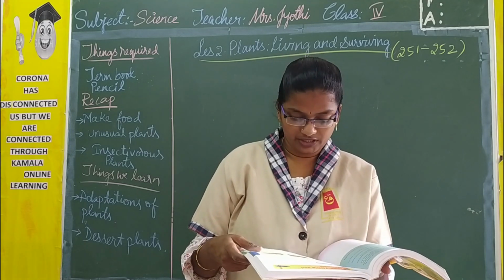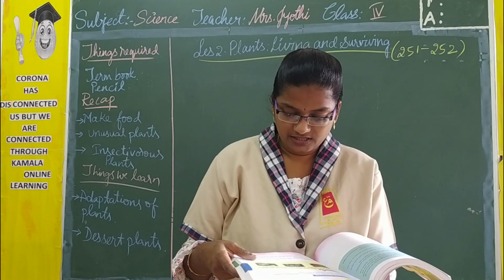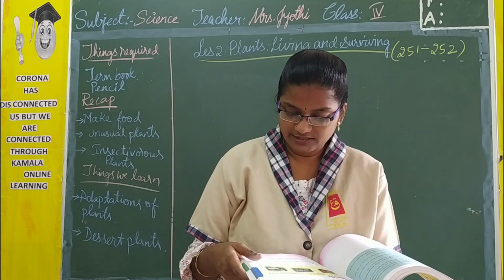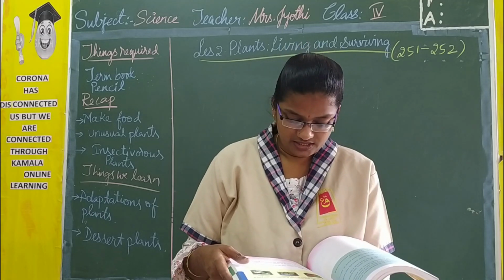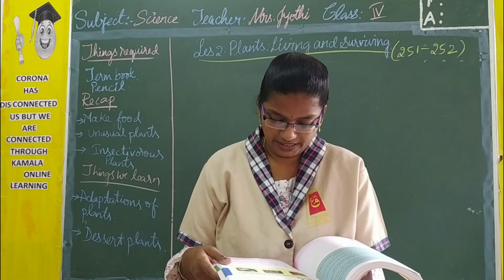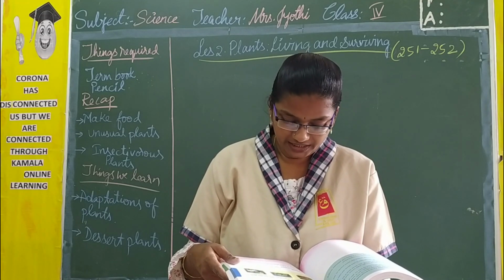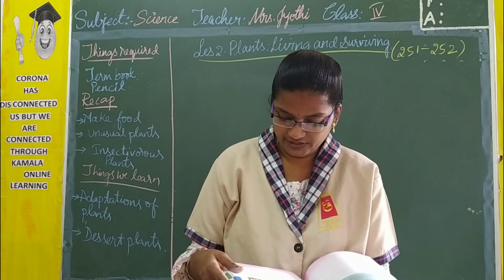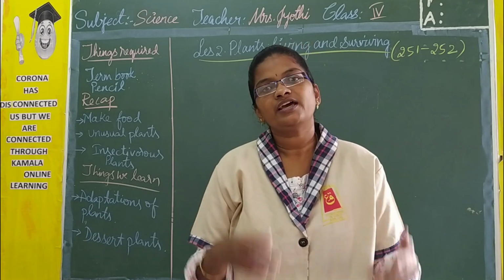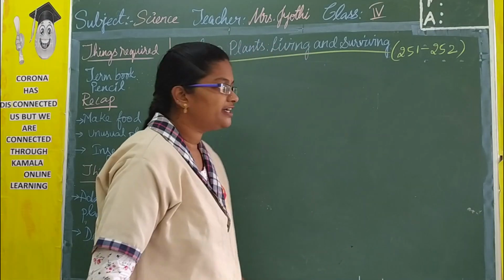Coming to the introduction, plants grow in different places. They can be found in deserts, plains, seashores and snow-covered mountains. The natural home of a plant or animal is called its habitat. Conditions like weather and soil of the place determine the survival and growth of plants and even animals also. So here you came across the word habitat.